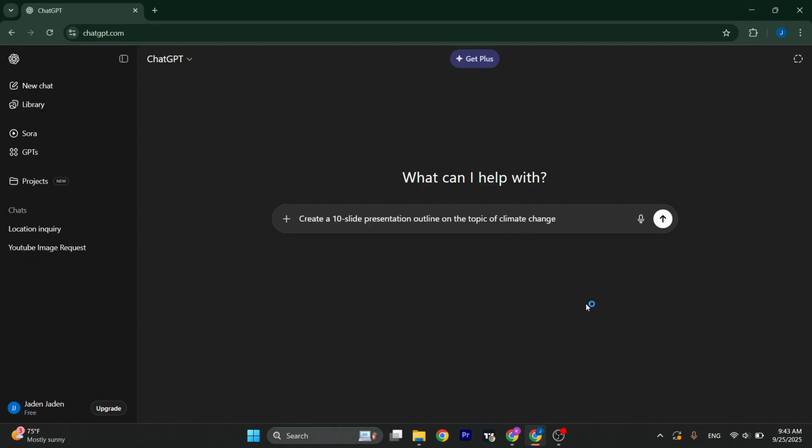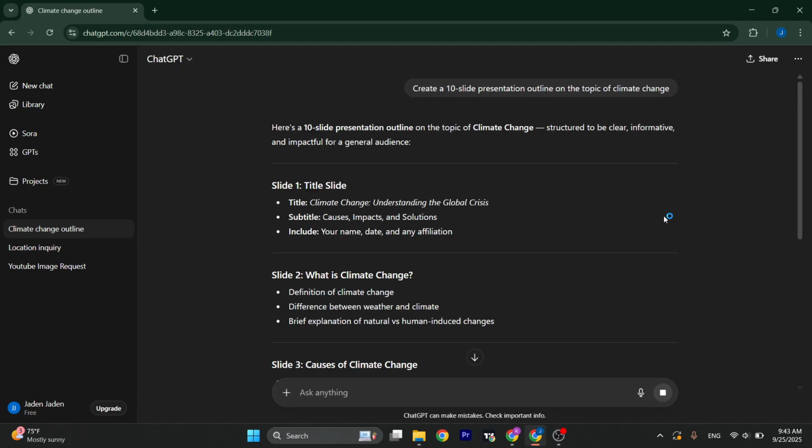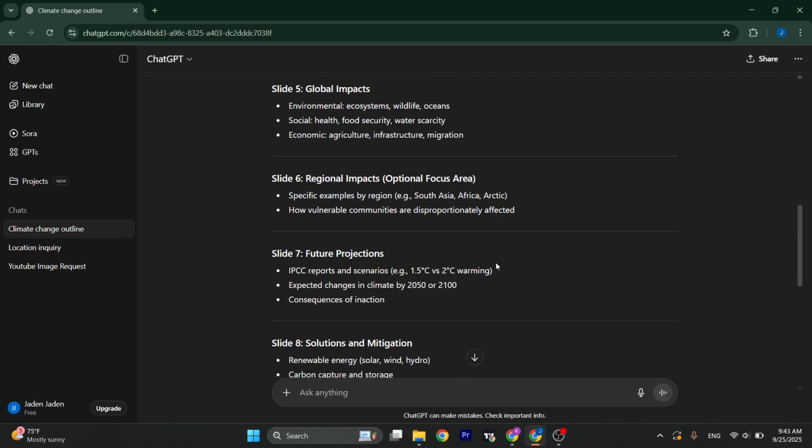So you can give in a prompt like this, which says create a 10-slide presentation outline on the topic of, and then you can insert a topic. This way it's going to clearly give you the outline of the presentation that you want. Once the outline has been created, you can make sure that it is accurate, and you can also tweak it